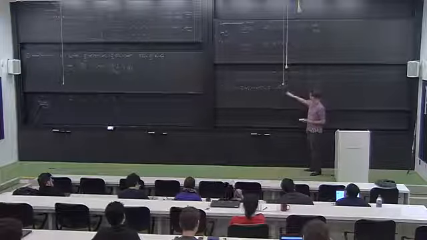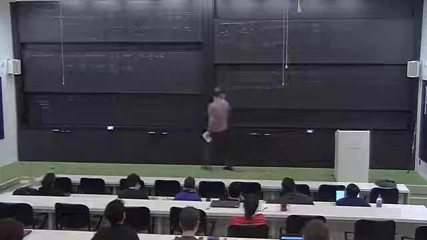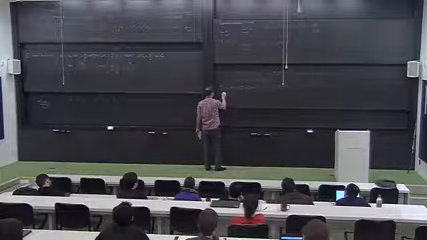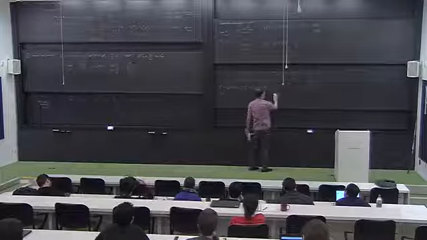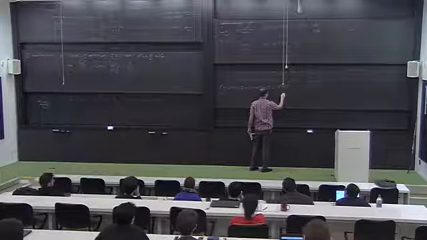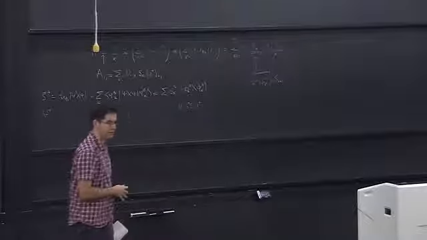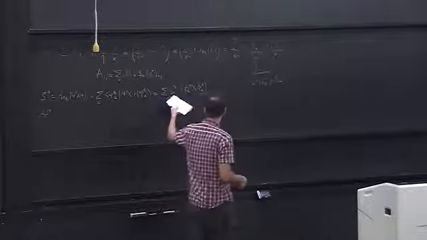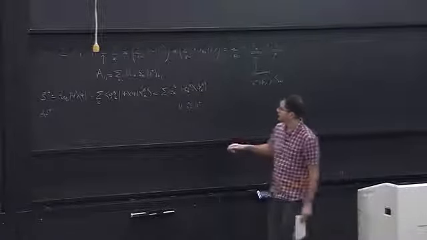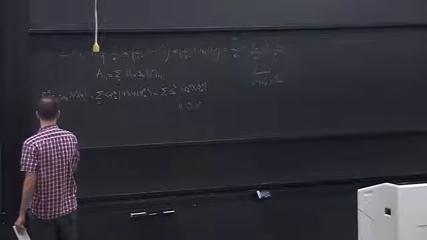But this shouldn't surprise you, because this is the eigenvalue decomposition. Remember, this is nothing but, what did we say it was? A A dagger. And this is nothing but U S dagger S U dagger. So what we're seeing is that the Schmidt coefficients that we wanted appear as the eigenvalues of the reduced density matrix. So we can do the same for rho B, but this is the same as A dagger